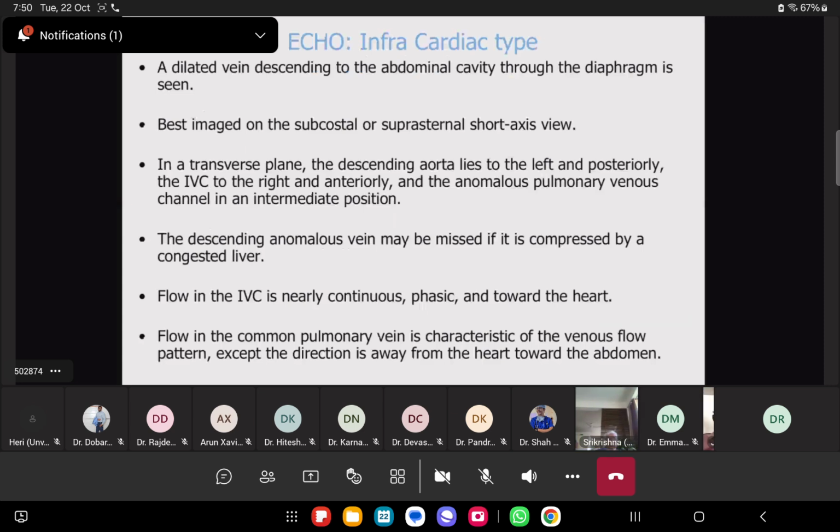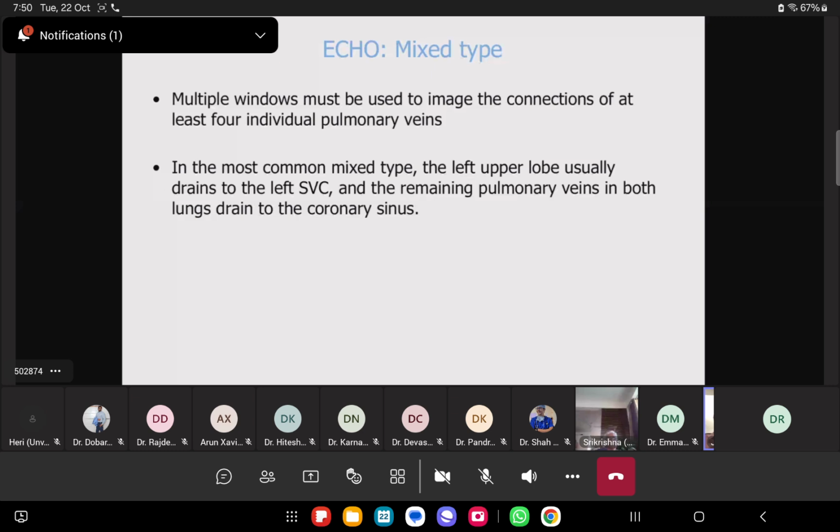The descending vertical vein may be missed if it is compressed by a congested liver. Flow in the IVC is nearly continuous and towards the heart. Flow in the common pulmonary vein is characteristic of the venous flow pattern, except the direction is away from the heart towards the abdomen. In the mixed type, multiple windows must be used to image the connection of at least